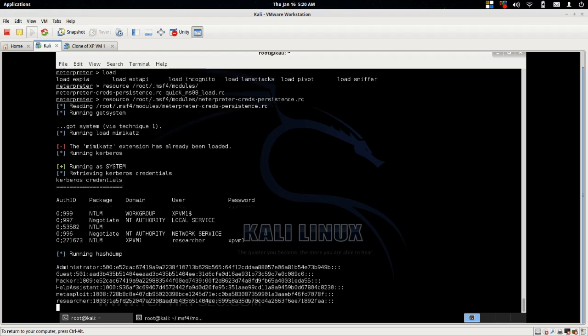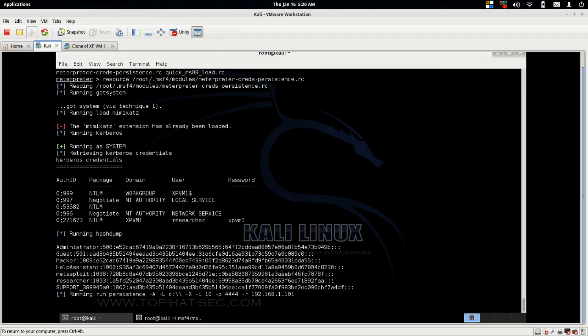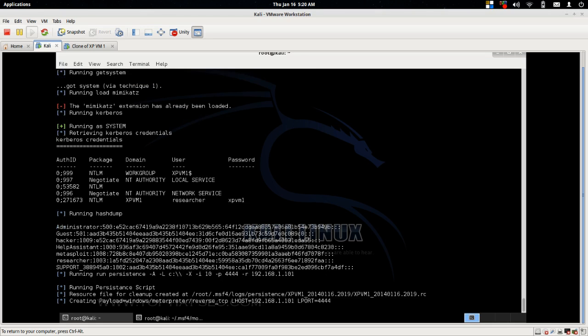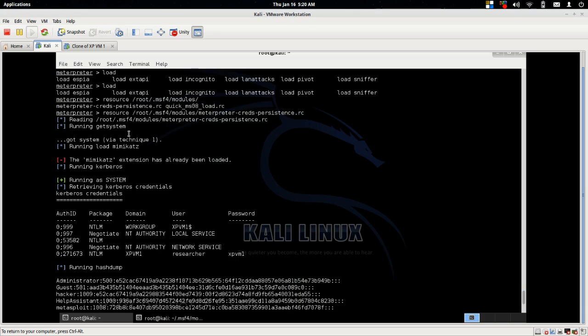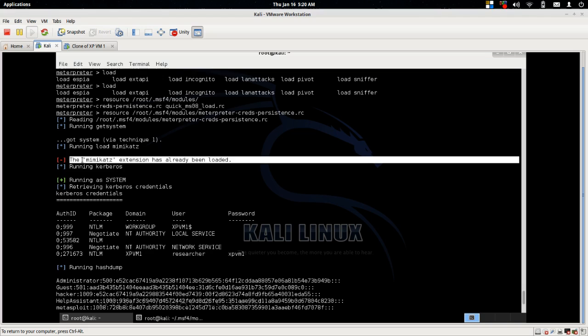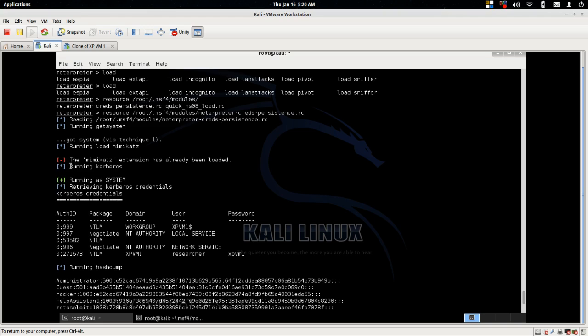We can see it's getting system, it did Kerberos, did a hash dump, now it's running persistence. And it's done. So that's pretty sweet. Let's take a look up here. It ran get system, it got system via technique 1, which we probably already had system privs, but hey, we just throw it in there. The Mimikatz extension was already loaded in Metasploit. If it wasn't loaded, then it would have been. This is just telling us that it's already been loaded. Then it ran the Kerberos command,